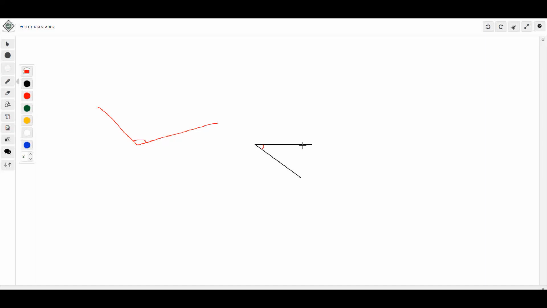Now, since lines and angles are so useful, it's important to learn to describe them. We call an angle formed by two lines that intersect to form a perfect capital L a right angle. So let me just show you this right quick. A right angle